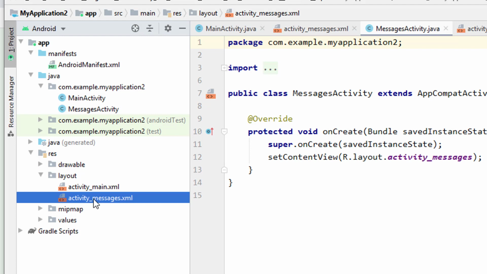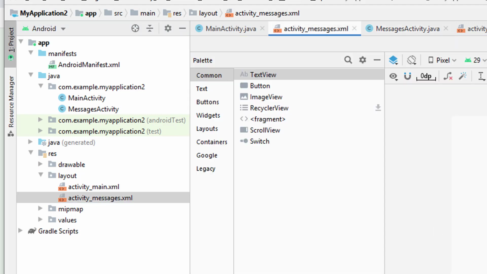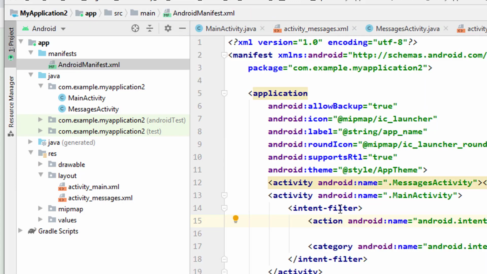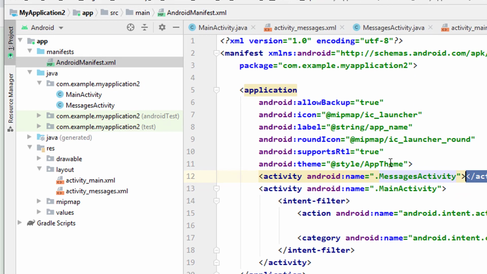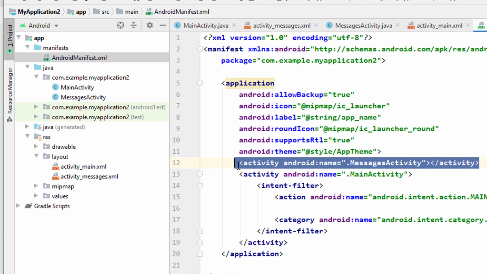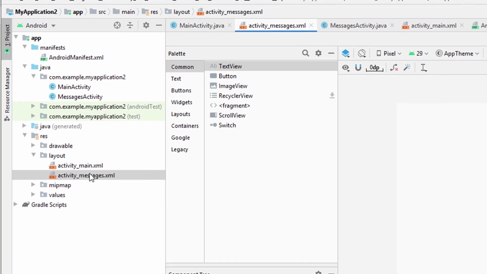So we have done what? We have successfully created these two, the activity itself. So if you come to Android manifest, you'll find that this messages activity has also been registered. Otherwise, if you don't register your activity in Android manifest, then it will not work. So I'm going to come here to the layout of our messages activity, the second activity that we created, and